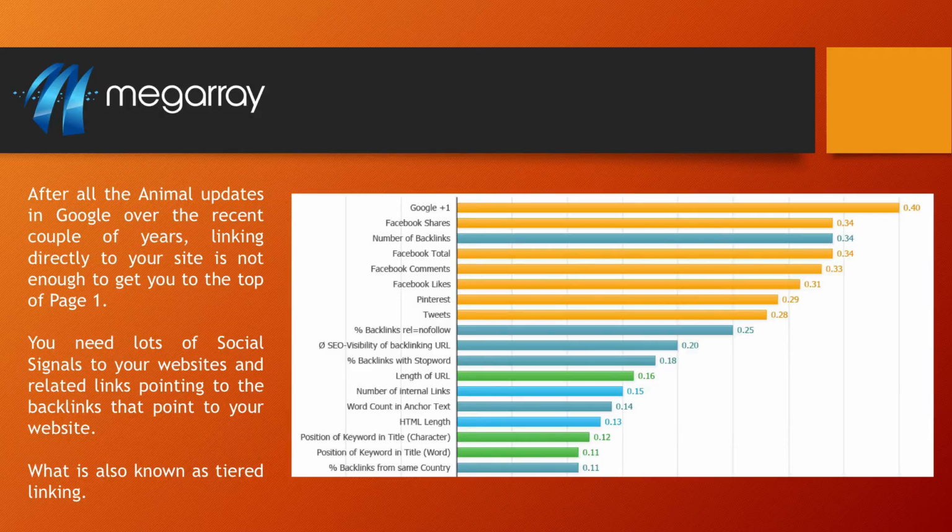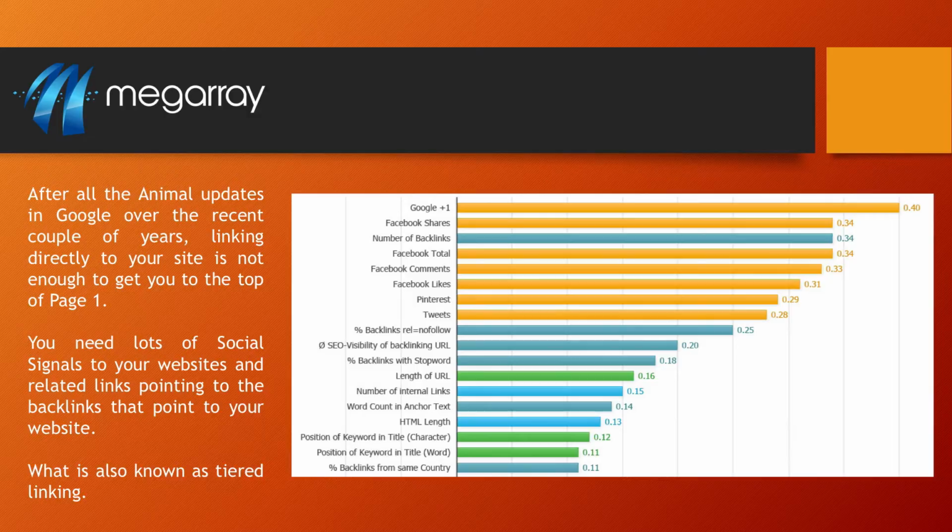So this is what I was talking about. After all of the recent updates, and everyone calls them animal updates because, well, that's what they name them, like Penguin and all these names that they give them, linking directly to your site is not enough to get you to the top. For more competitive key phrases, certainly you can get a website ranked for less competitive key phrases without a bunch of tiered links. But if you've got a more competitive key phrase, you're going to need to do more than